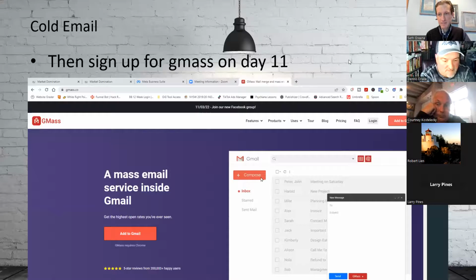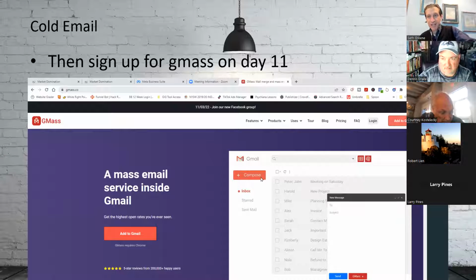Now, the software that makes the magic work is also ridiculously cheap. It is something called GMass. gmass.co. So remember, you're emailing 10 people a day for 10 days to warm up your new Gmail account. While you're doing that, you're getting your list ready, whether you have it already, whether you're buying it, whether you're extracting it from LinkedIn.